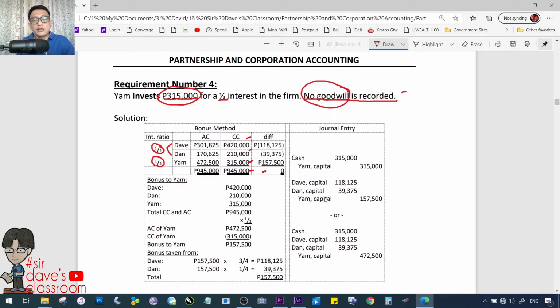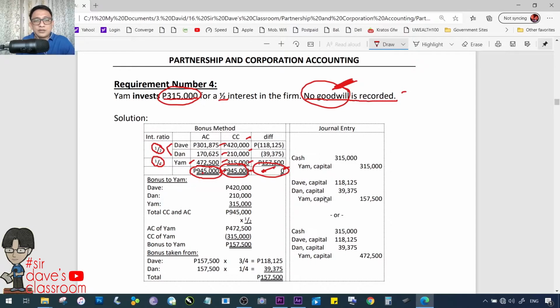So ang mahalaga dito sa ginagawa natin, particularly dito sa number 4, una, syempre, yung konsepto. Pangalawa, yung proseso, yung step-by-step process na ginagawa natin para matandaan mo, pag natandaan mo to, maia-apply mo din siya dun sa similar problems. Okay? So, ano muna una mong gagawin? Fill up mo yung mga investments. That is the first step. Syempre, makukuha mo yung total. Sabi sa problem, no goodwill. Take note mo yung sequencing, ha? Okay? So, 0. So, kung 0 ito, 945 yun. Necessarily, 945 din. Ito, para 0 yung difference nila. Okay? 945 times 1/2,